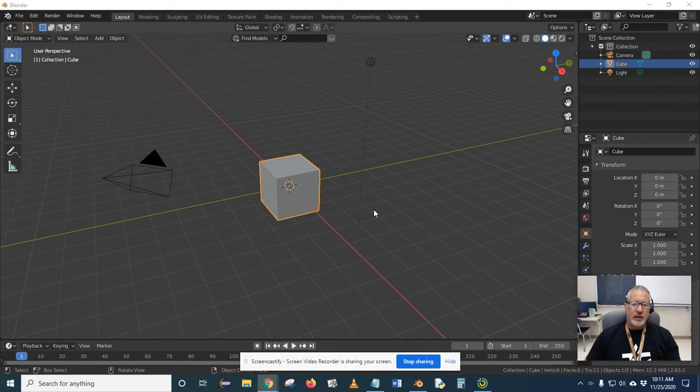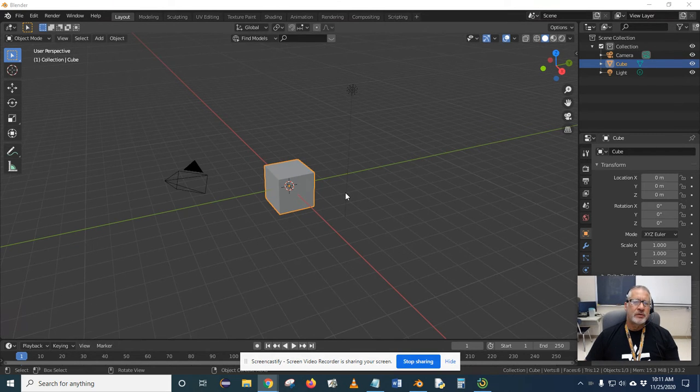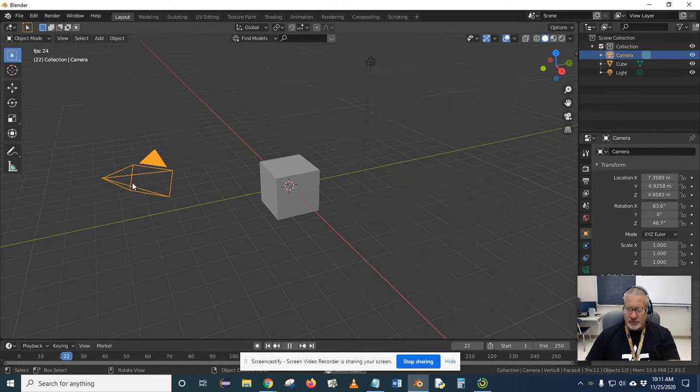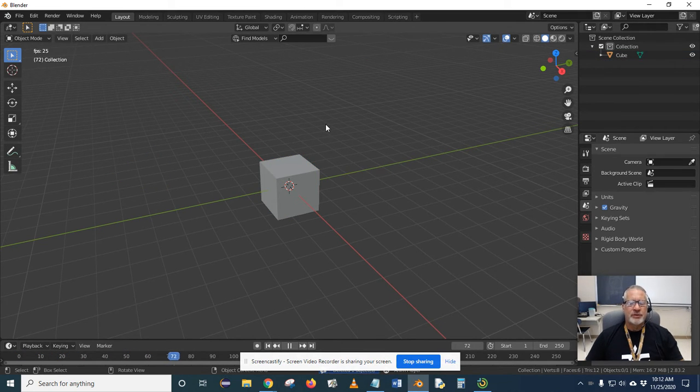So what I'd like to take a look at is creating a hinge or pendulum. Just some basics going through this. I'm going to delete the camera so I don't see or accidentally select it, and I deleted the lamp. So what we're going to do here, we're going to take this almighty cube and